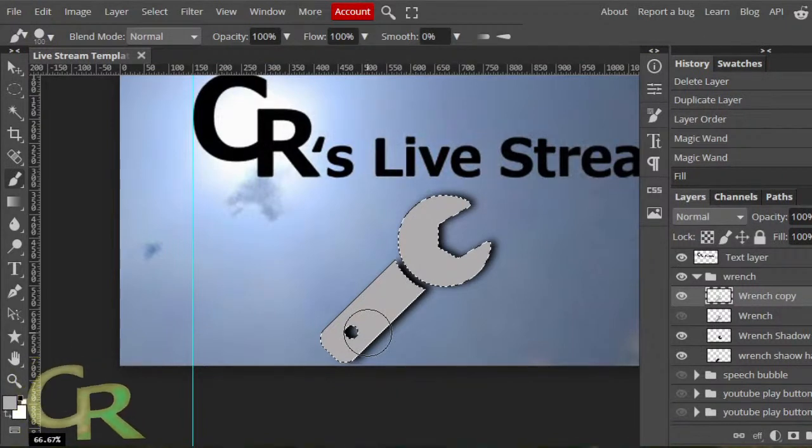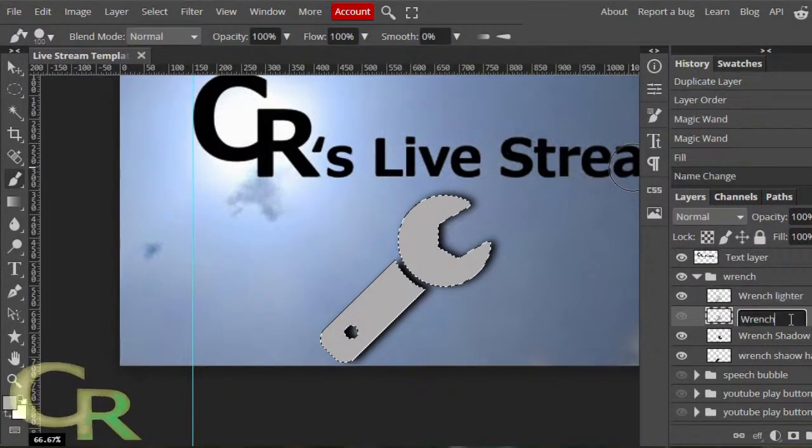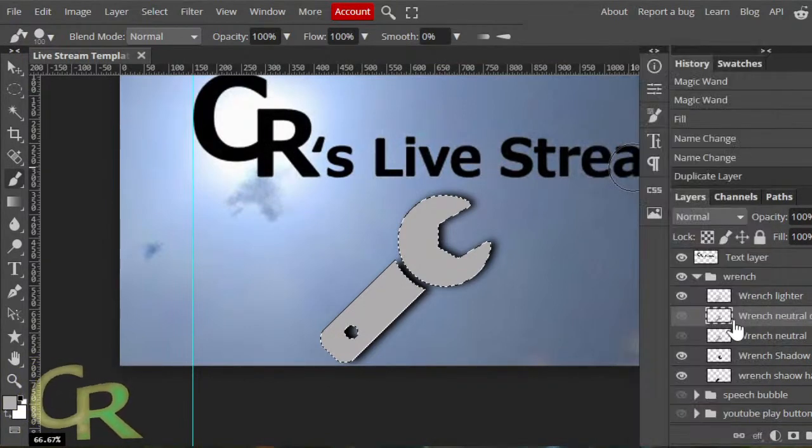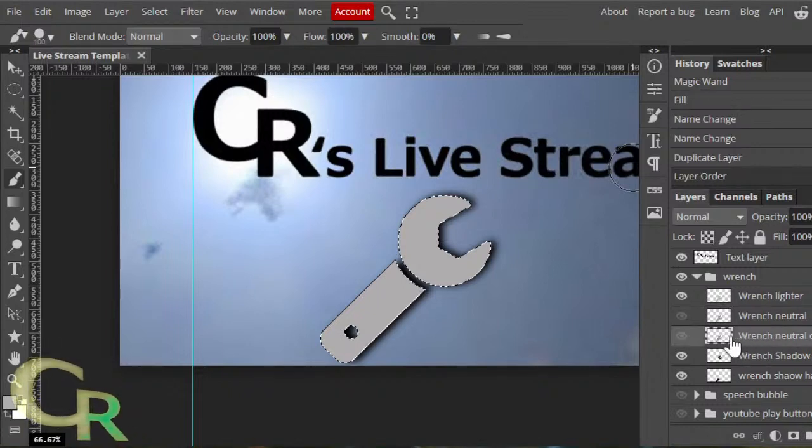So again, I'll rename my layers here. This would be the red, this would be the white color, neutral gray. Now let's make a copy of that. I'm going to make a more darker version here.